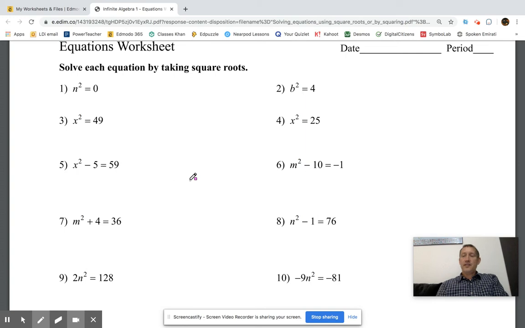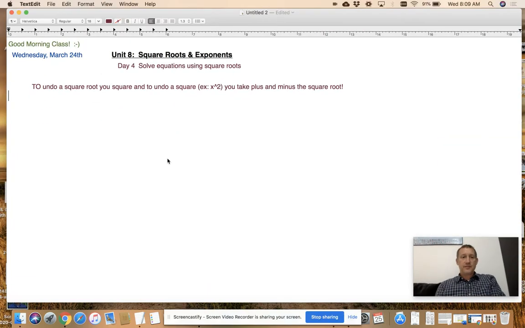Now, on Sunday, we're going to talk about what happens when you take the square root of a negative. We're going to talk about imaginary answers and extra answers that don't work. All right, but for today, we're not going to worry about it. You're either going to be taking the square root of 0 or the square root of a positive number. Okay, so this is a two-step equation. First, we have to get x squared by itself. So I'm going to go back to our notes. So the question is, how do we solve